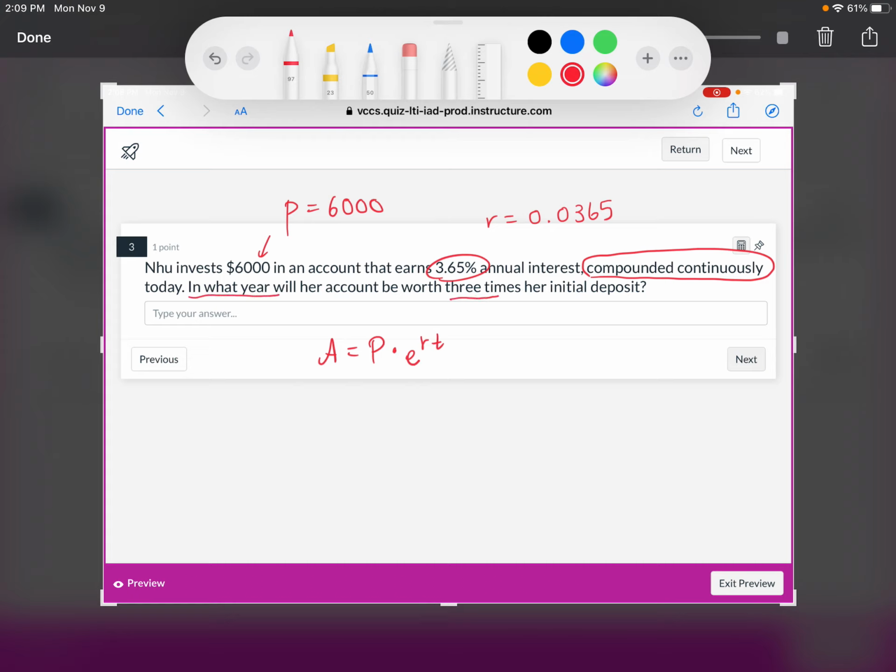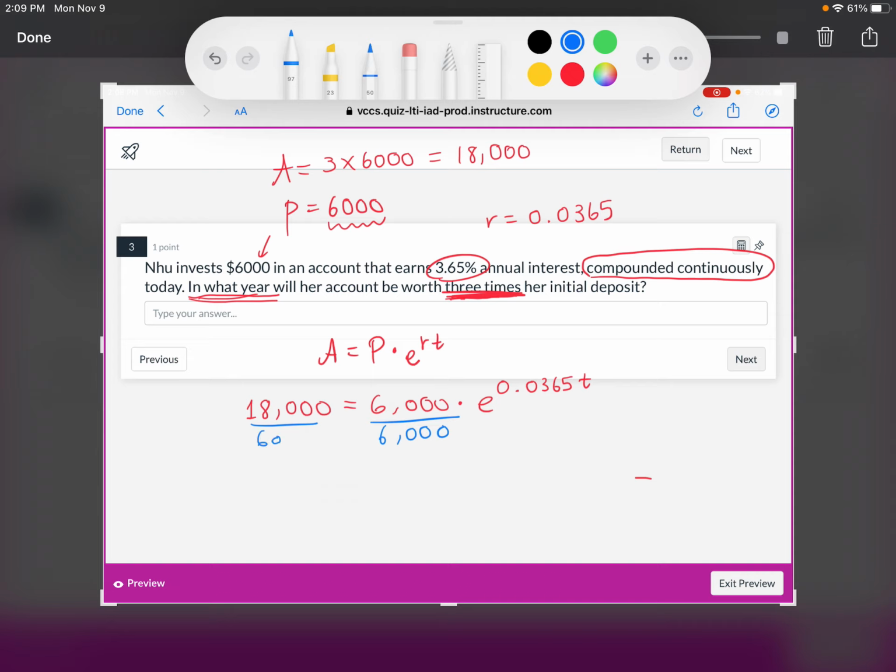It says in what year, so t is unknown, but we want her money to be worth 3 times her initial deposit. She starts with this 6,000 and wants to end up with 3 times that, so 18,000. So I'm going to plug in 18,000 on the left side of the equal sign: 6,000 times e raised to the 0.0365 t. Let's solve this by first dividing both sides by 6,000. If you do that, you will get 3. That's how we got 18,000, right? We multiplied 6,000 by 3. And then we got e raised to the